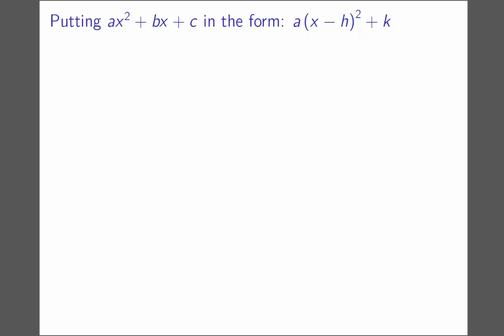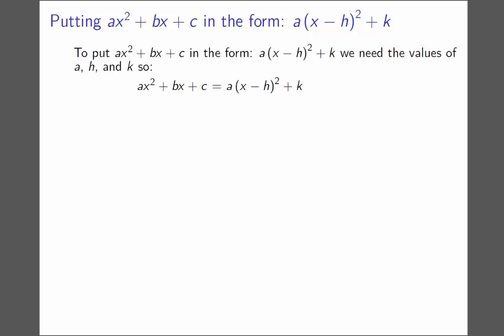To finish our problem, we need to put ax squared plus bx plus c in the form a times (x minus h) squared plus k. Remember, we are doing this so that x only shows up in one place so that we can solve for it. To put ax squared plus bx plus c in the form a times (x minus h) squared plus k,